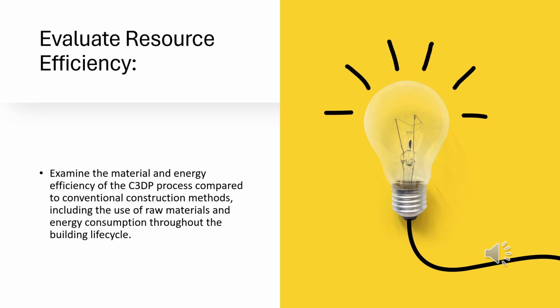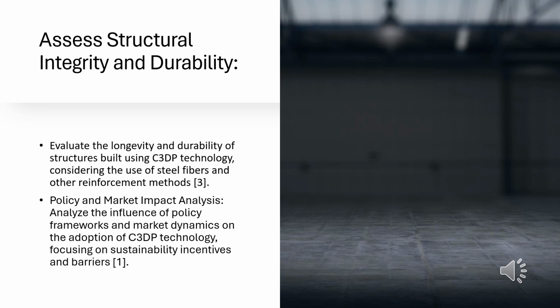Evaluate resource efficiency. Examine the material and energy efficiency of the C3DP process compared to conventional construction methods, including the use of raw material and energy consumption throughout the building life cycle. Assess structural integrity and durability. Evaluate the longevity and durability of structures built using C3DP technology, considering the use of steel fibers and other reinforcement